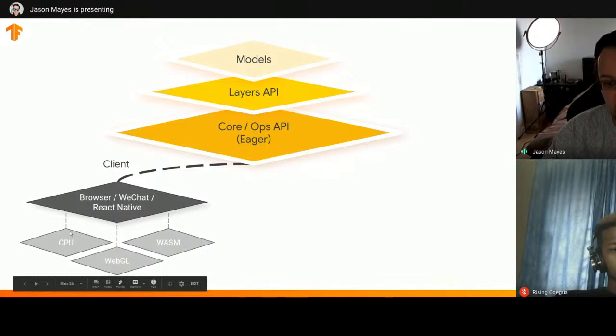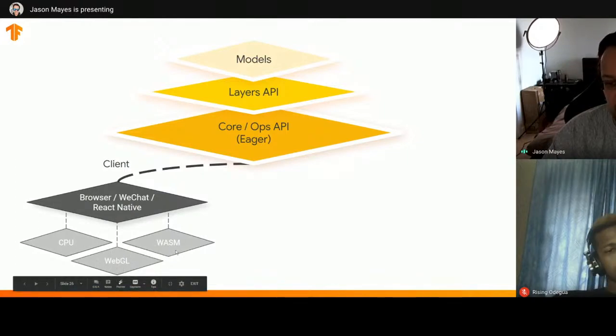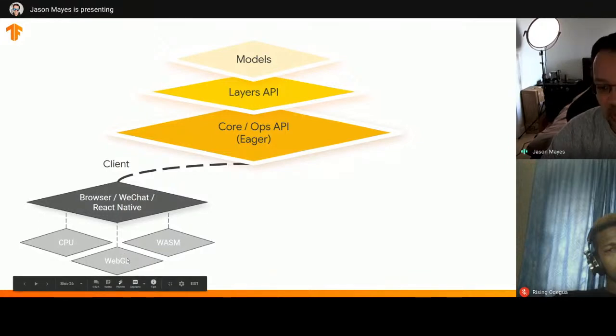So CPU is always available. This is the slowest way to execute machine learning in JavaScript, but it's always there for you if you need it. If your device has a graphics card that supports WebGL, we can then leverage the graphics card for acceleration, particularly on older mobile devices. And in some situations, WebAssembly can even be faster than WebGL for smaller models, things that are under 2 or 3 megabytes in size. TensorFlow.js will typically automatically use the right one for the environment that it's in. However, as a developer, you can force one or the other if you know that your model executes better in one over the other.